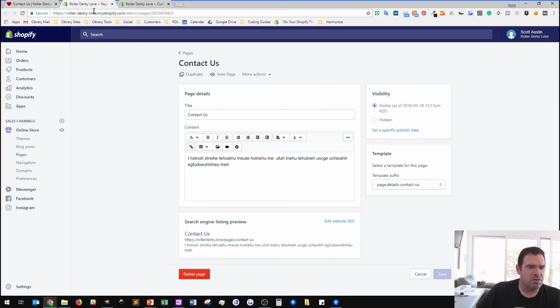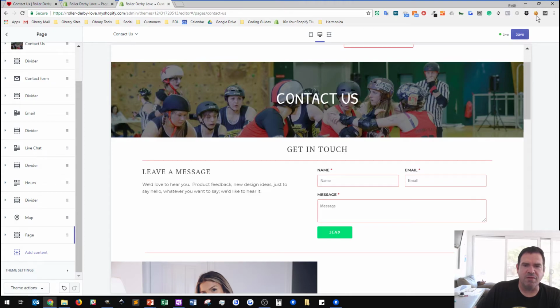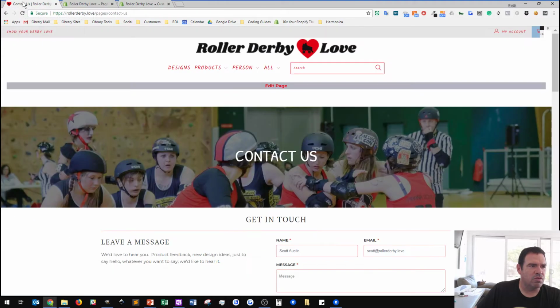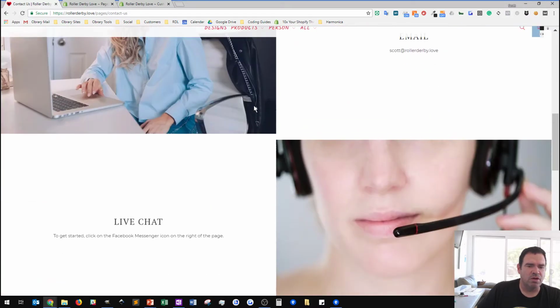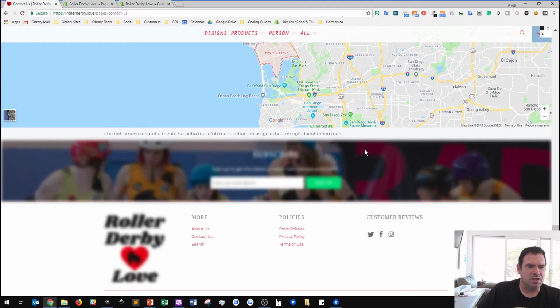Oh, maybe I haven't saved the fact that I added the page inside of the theme customization. So I'm going to do that right now up here. I'm going to save that setting. Now when I go back to the front end, refresh my page, it's going to reload and pull in that content that I pulled in